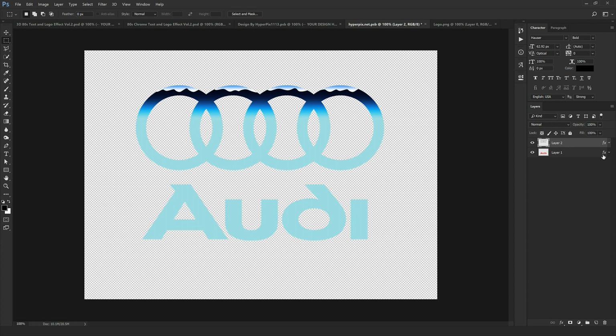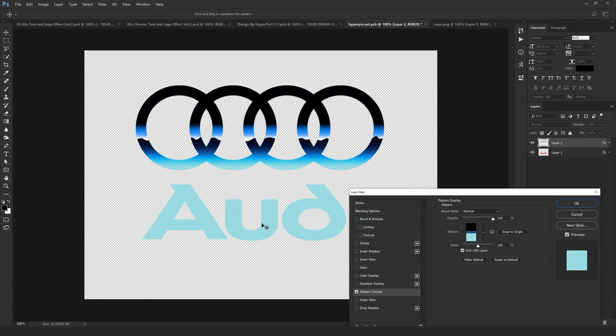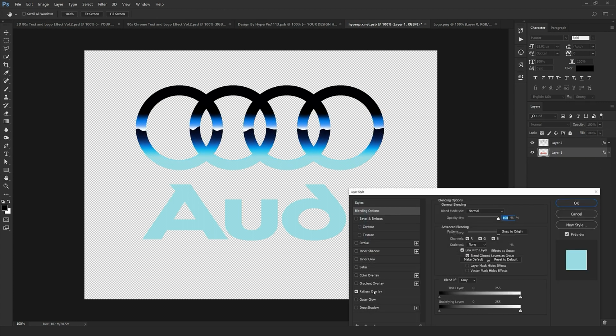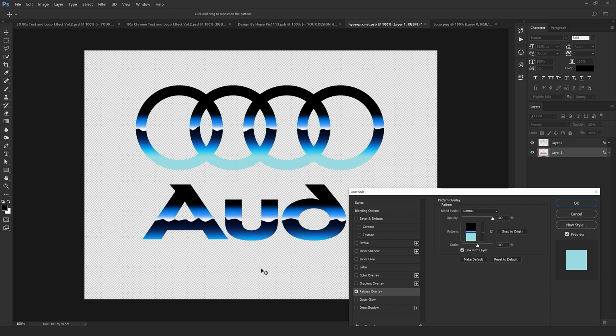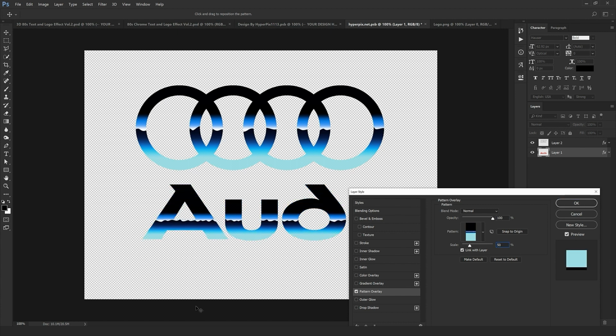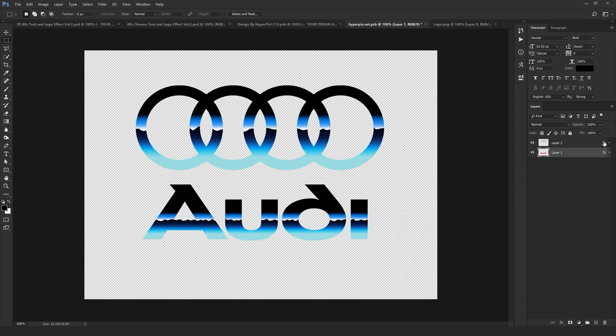Right? Now, let's double click on our effects layer and go to pattern overlay and drag on the empty space so we can have this in the middle of our design. Okay, do this again for this. I want this wave to be a little bit smaller, so I'm going to put the scale on 50. Good. Okay, so I'm going to close it